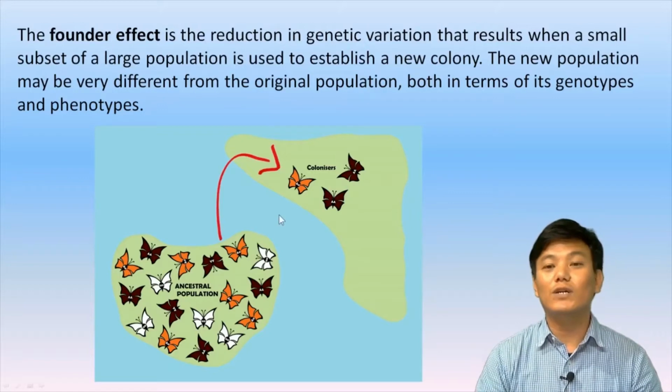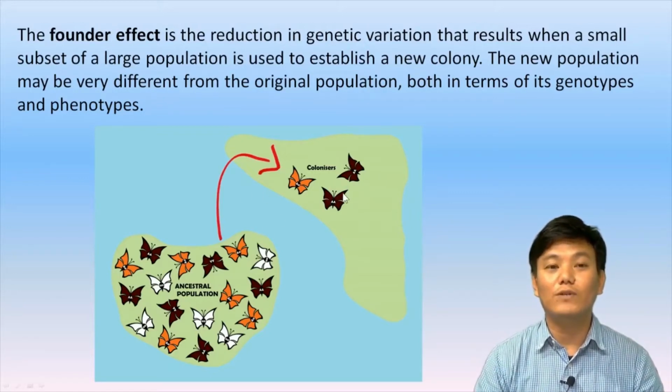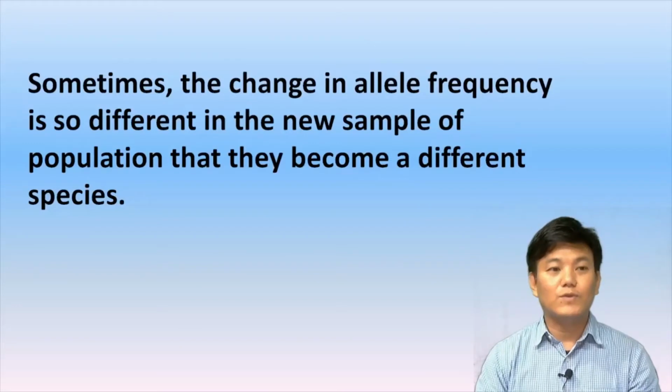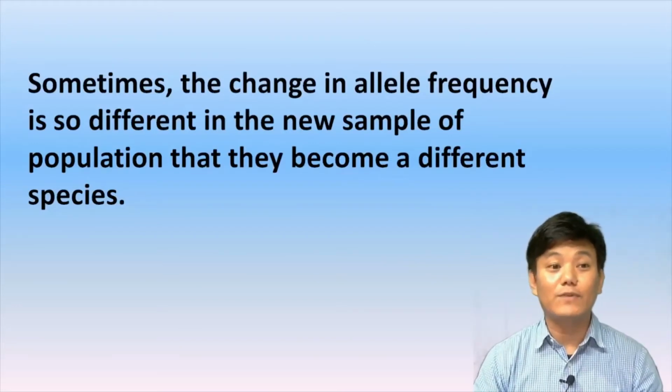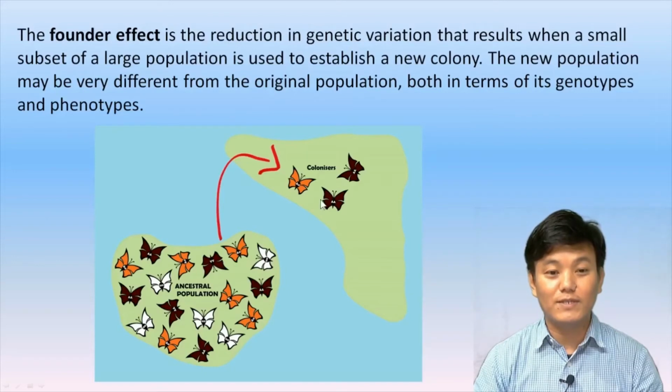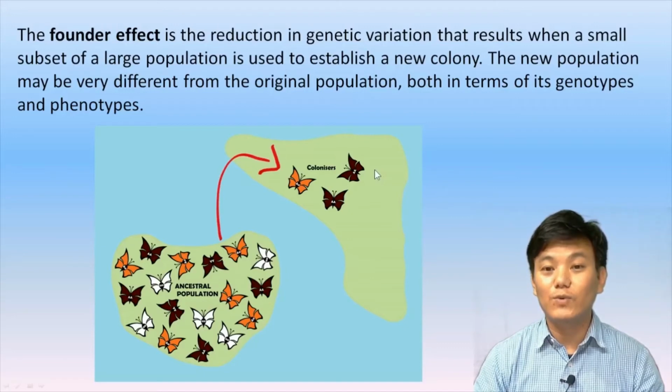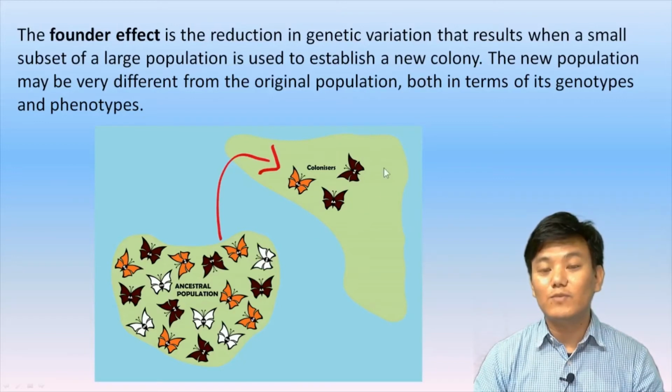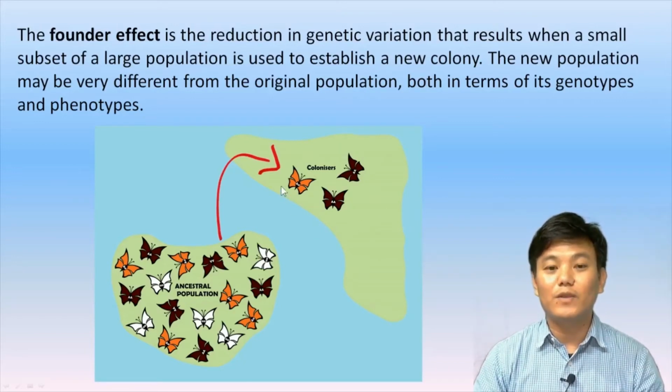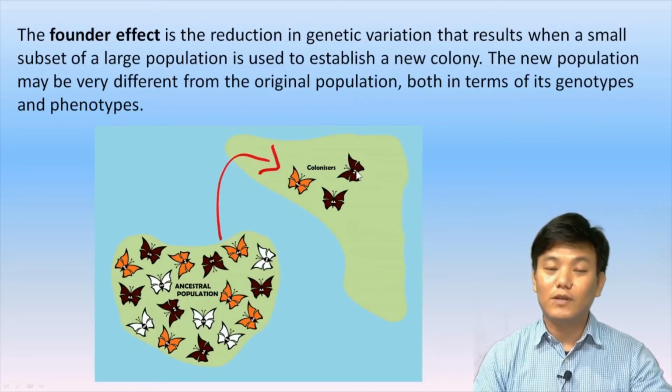So this is also a change, right? So this effect is called founder effect. So it says that sometimes the change in these allelic frequencies is so different in the new sample of the population that they become different species. So if you take a look at this particular case, the original ancestor population of butterflies moved to a new location and colonized that particular area, then they established a population, right? So the allelic frequency is different from this one, right? So the allelic frequency sometimes becomes so different that these new population individuals become a completely different species,